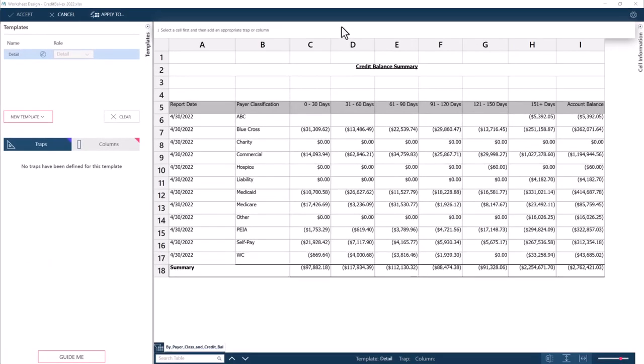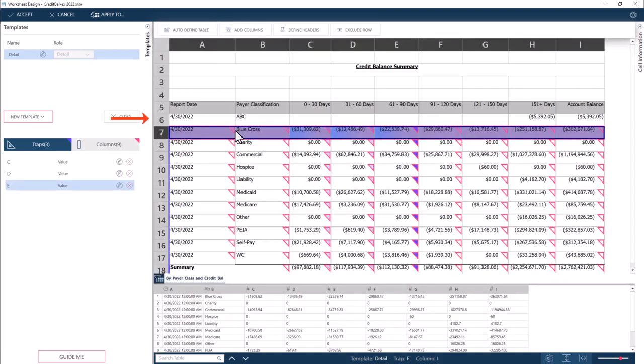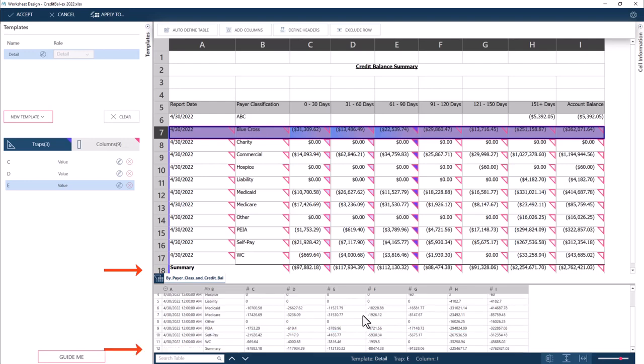Let's try out the Exclude Row and Include Row features in this next report. Suppose we used auto-define table to capture our detail and got this. We are missing the row with the ABC pair classification, and the summary row was captured as part of the detail as well. To address that, we need to refine our trap so that we get all the detail rows